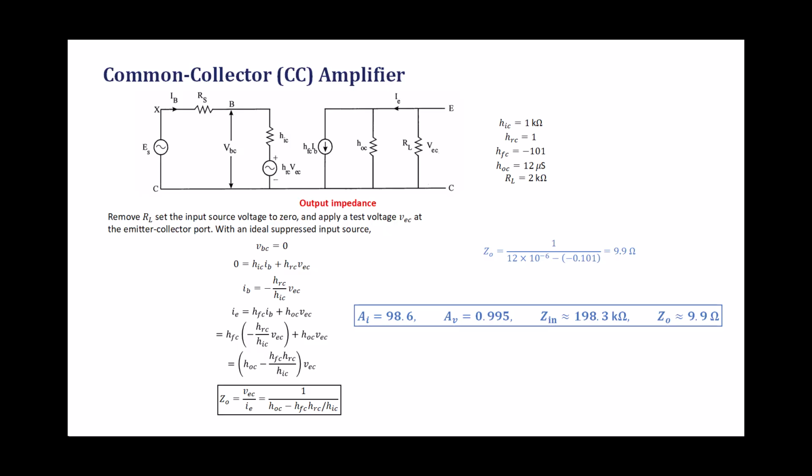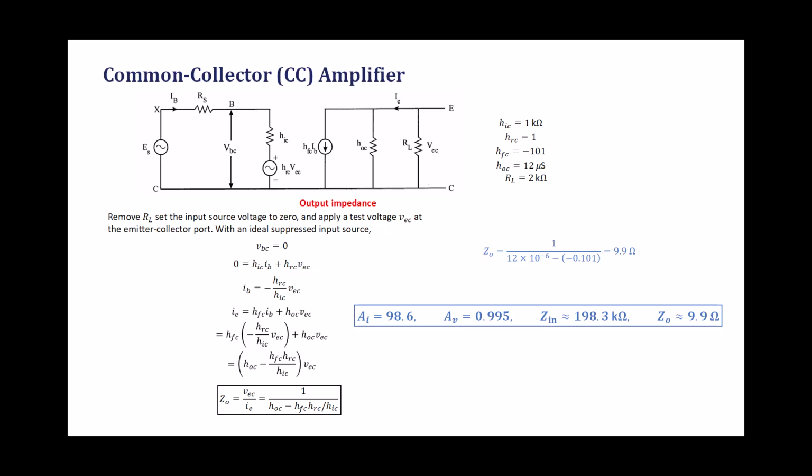Substituting this into our second equation, IE equals HFC IB plus HOC VEC, gives us IE equals HFC times negative HRC over HIC times VEC plus HOC VEC, which simplifies to IE equals the quantity HOC minus HFC HRC over HIC, all times VEC. Rearranging for the output impedance, ZO equals VEC over IE equals 1 divided by HOC minus HFC HRC over HIC. Plugging in numbers, 1 divided by 12 times 10 to the negative 6 minus negative 0.101,